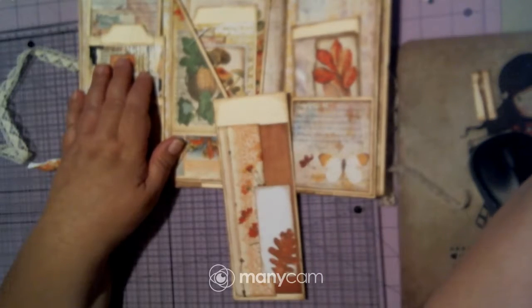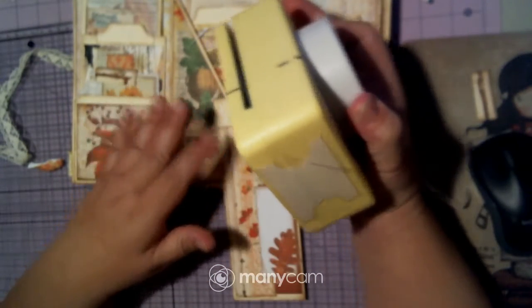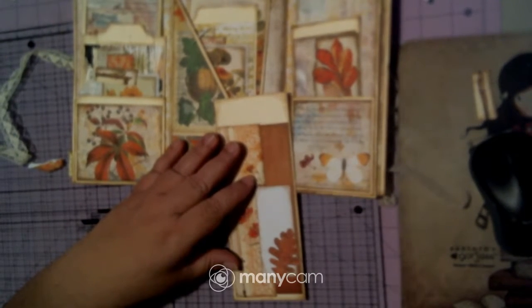So I used this tab punch on those ones. So maybe I want to do a little thing different over here. Maybe